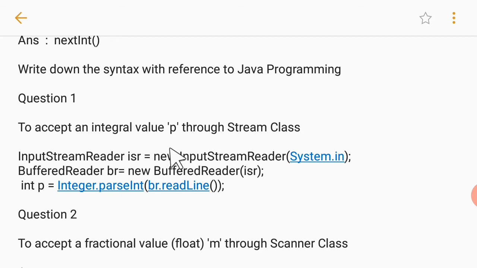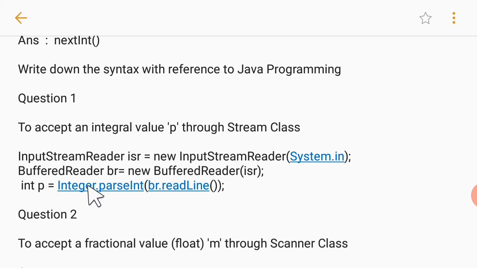One is the InputStreamReader class and one is the BufferedReader class. Just to make it sensible, I have written the name of the object as isr, because I of input, S of stream, R for reader. Otherwise it's your choice, you can pick any name. Only one thing you have to keep in mind: it must not begin with a digit and it must not be a keyword. These are the two very important rules for that. Okay.